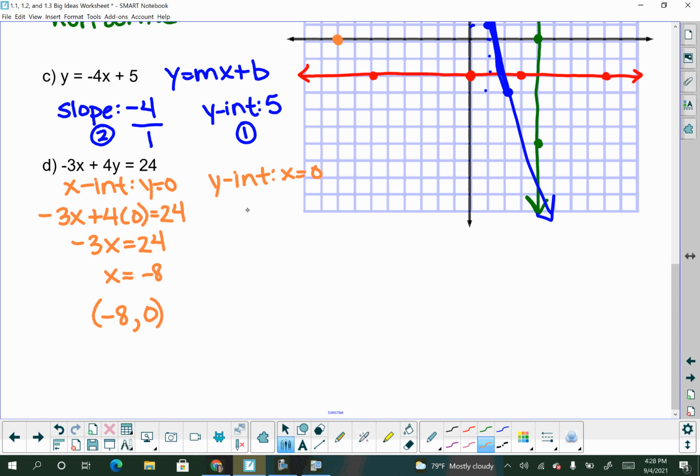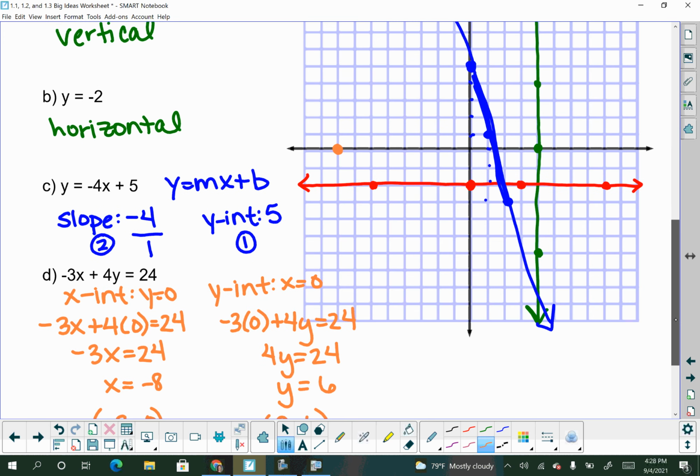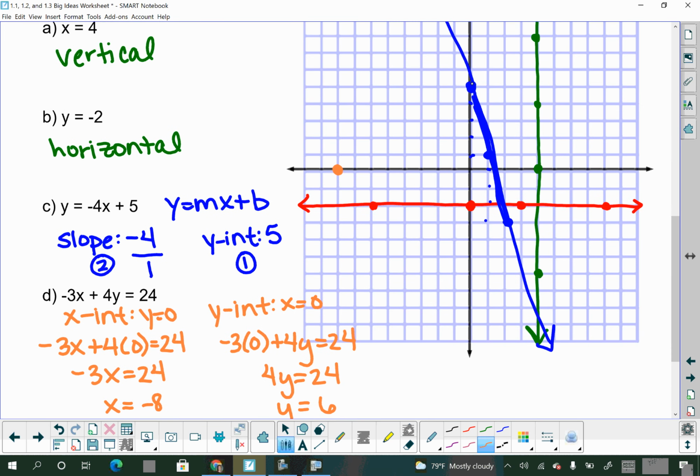Y-intercept is when x is 0. So let's plug in 0 for x. 4y equals 24 when that 0 goes away. Divide by 4. Y is 6. So that point is 0, 6. I need to scroll up to be able to get to that. 1, 2, 3, 4, 5, 6. And there